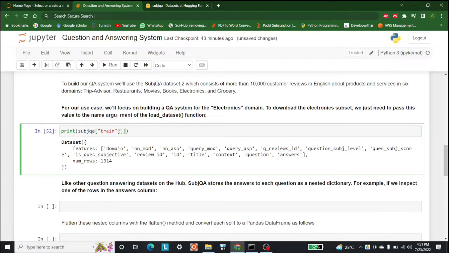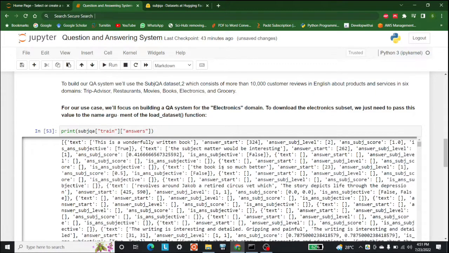So we will use another square bracket, and this time we will write answers. Okay, so that will make us enter into this column. So let's run it. These are all the answers that are available in the subject QA train dataset. Let's suppose we want to see the first one, then we will write 1 here,